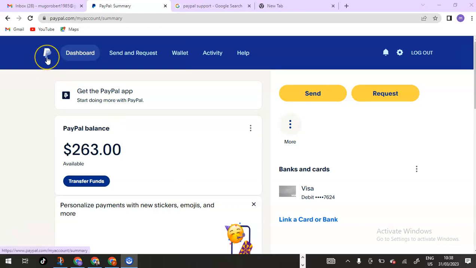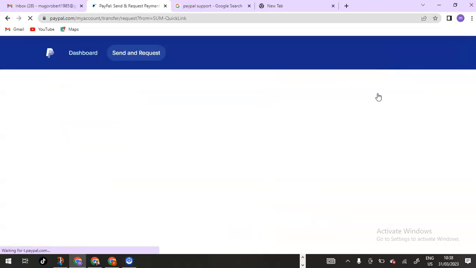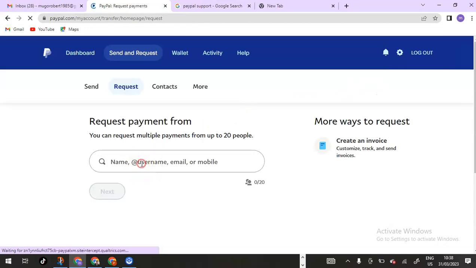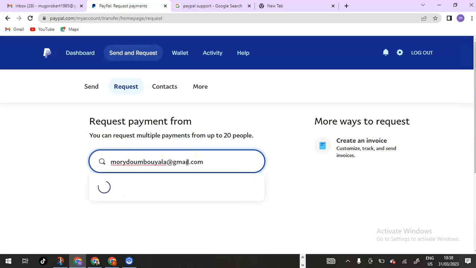So the first thing, we come to the PayPal dashboard, then we'll see two buttons here, Send and Request. This is a personal PayPal account. So after that, come here and type either the name, the username, the email, or the phone. For this case, we'll type the email. Then we see